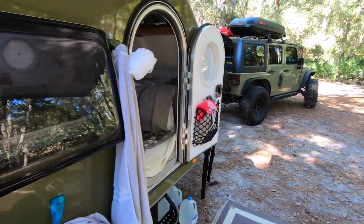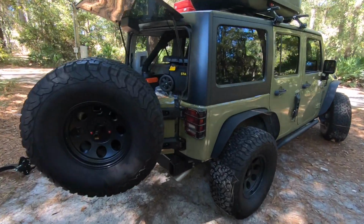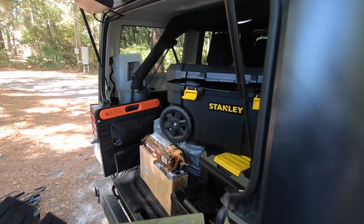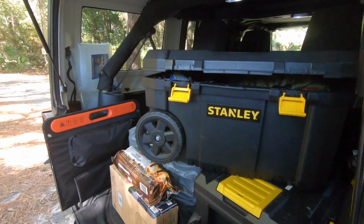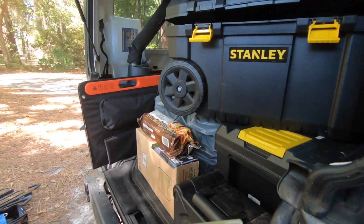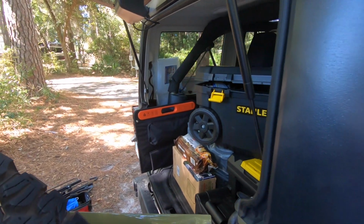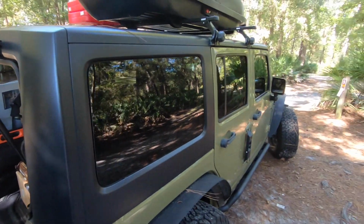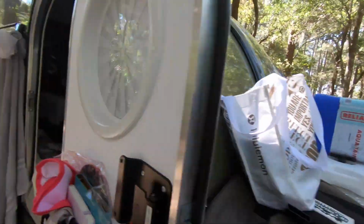And I'm just doing some general maintenance and some basic organization over here too, because this was an absolute disaster. I had to get in the back and figure out what needs to go where so that it can be easily accessed, because I can't open this tailgate when the bikes and everything are on the back. So I need to move some stuff around there, and I need to repack the rooftop box. And then in here,